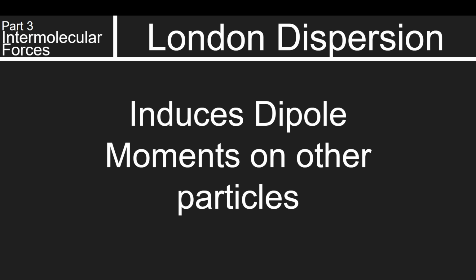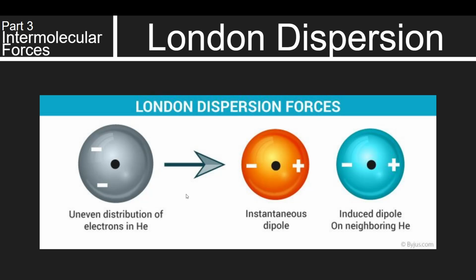The electrons moving within the molecule might move in a way that makes a slightly uneven polarity, and because there's that uneven polarity, that pole will move the electrons in the next molecule over. So that's the induced dipole. I think I have a picture of that here. Yeah, so there's an uneven distribution of electrons, and that dipole creates a force that on the next particle over induces a dipole because it shoves the electrons in that next nonpolar molecule farther away from it,